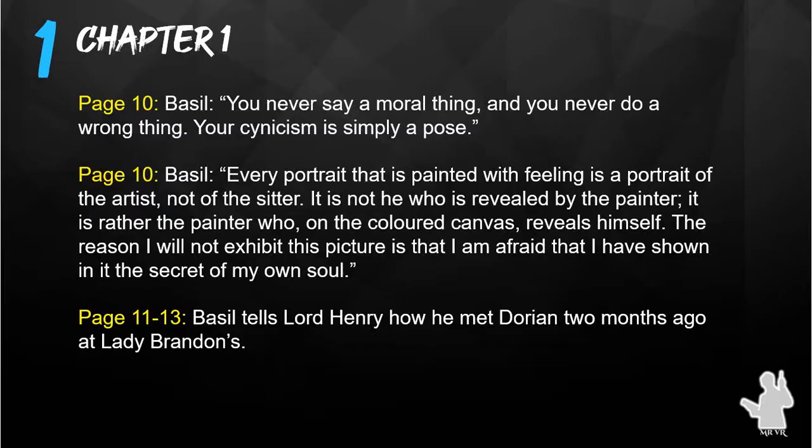homosexuality was seen as a sin. It was illegal, and so if anybody was going to pick up on that, Basil, this painter, looks like he was in love with Dorian based on the painting that he's done. And again, Basil's idolatry of Dorian. He doesn't want anybody to pick up on that, or put two and two together and come to that conclusion. And so he says, although he hasn't stated it directly to Lord Henry, I'm not exhibiting this painting. And pages 11 to 13 is all about Basil telling Lord Henry how he met Dorian 2 months ago